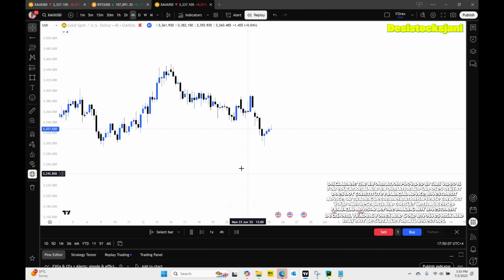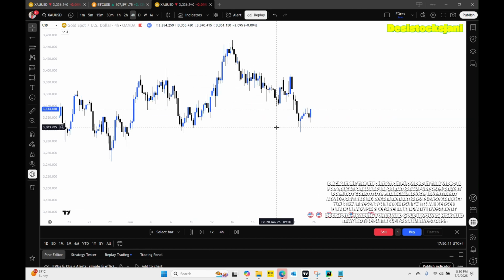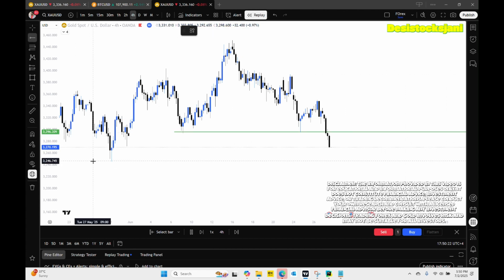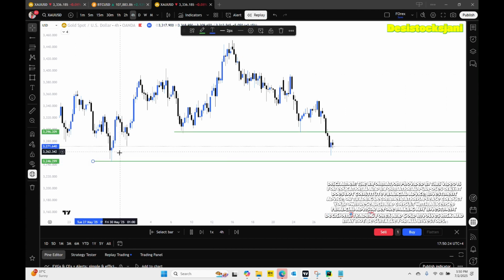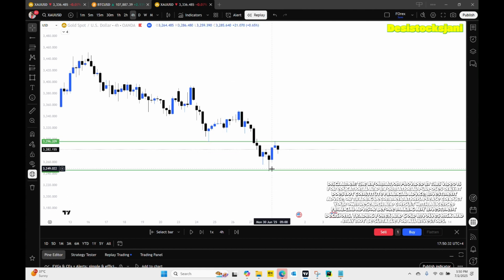So let's start. If you can see here, the market is still in this higher high, higher low, lower high, lower low zone. Once the market breaks here, we should approach the target. We will set the target this side. Let me pause. After hitting this support, it takes a strong